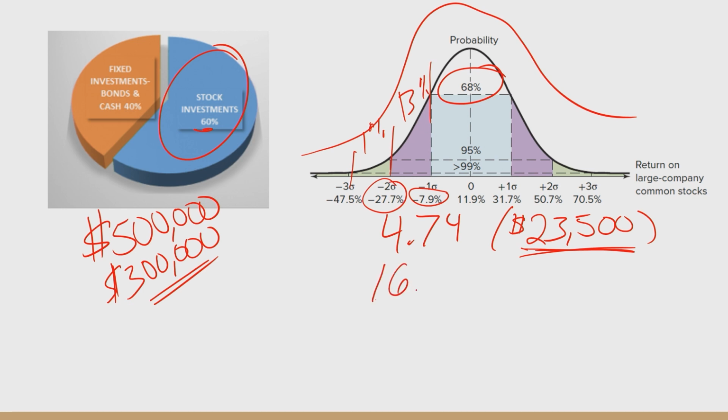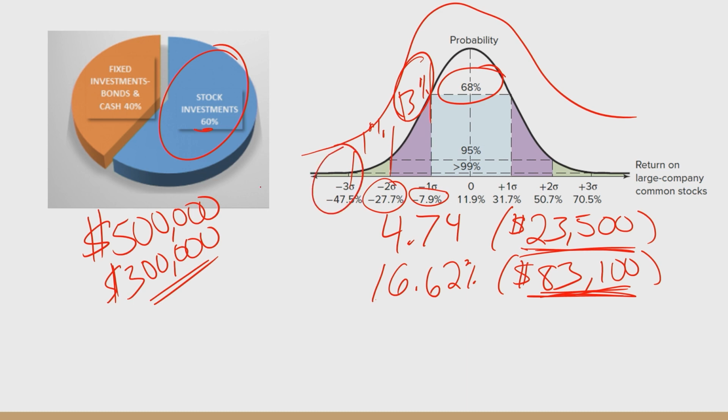You would lose 16.62%. That equates to an $83,100 loss. That is obviously a lot more painful. Is it something that you could withstand? Can you know that 13% of the time, that is a possibility? If you have a 30-year time horizon, you're looking at 3 to 4 times that's going to happen in your 30 years. That's once every decade. Are you going to be okay seeing your portfolio decline